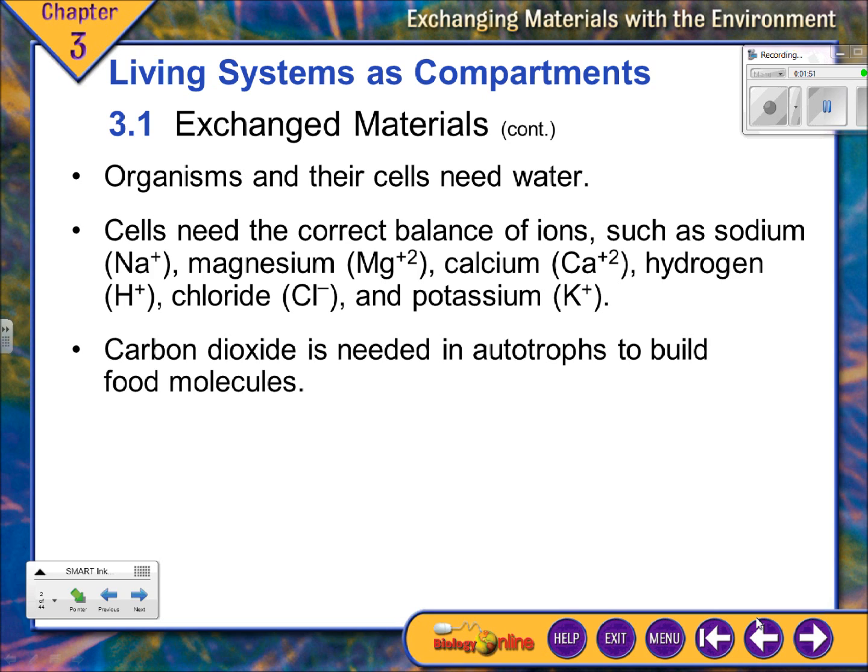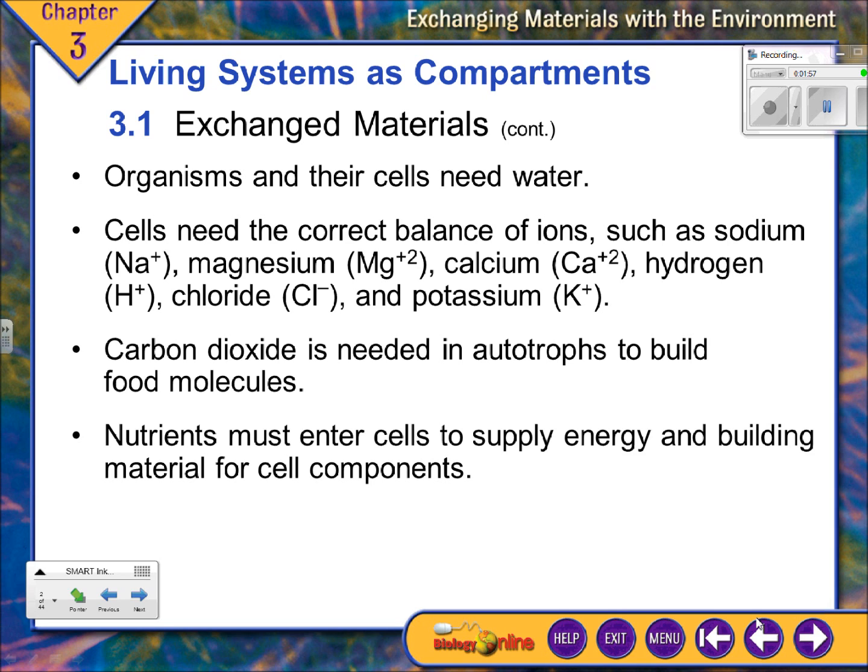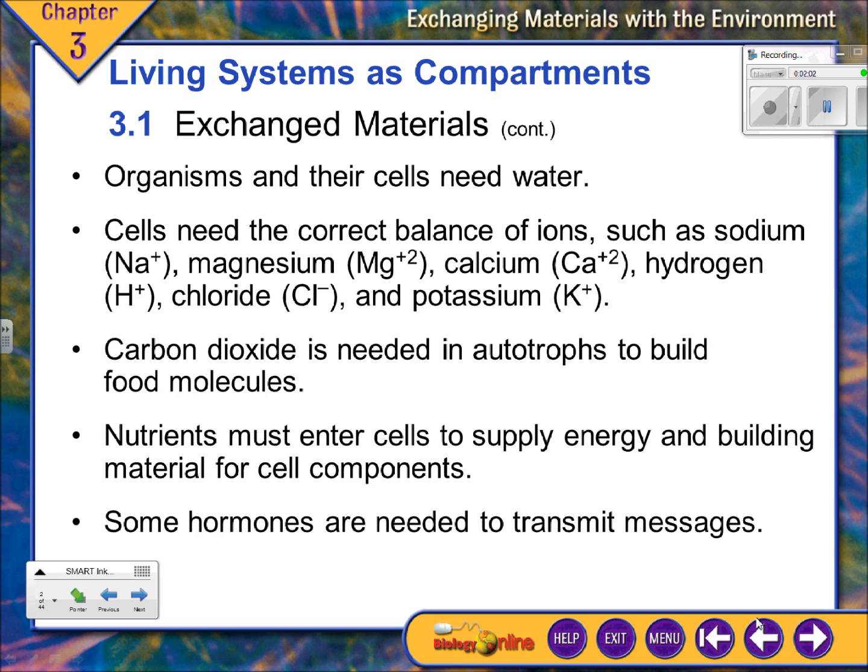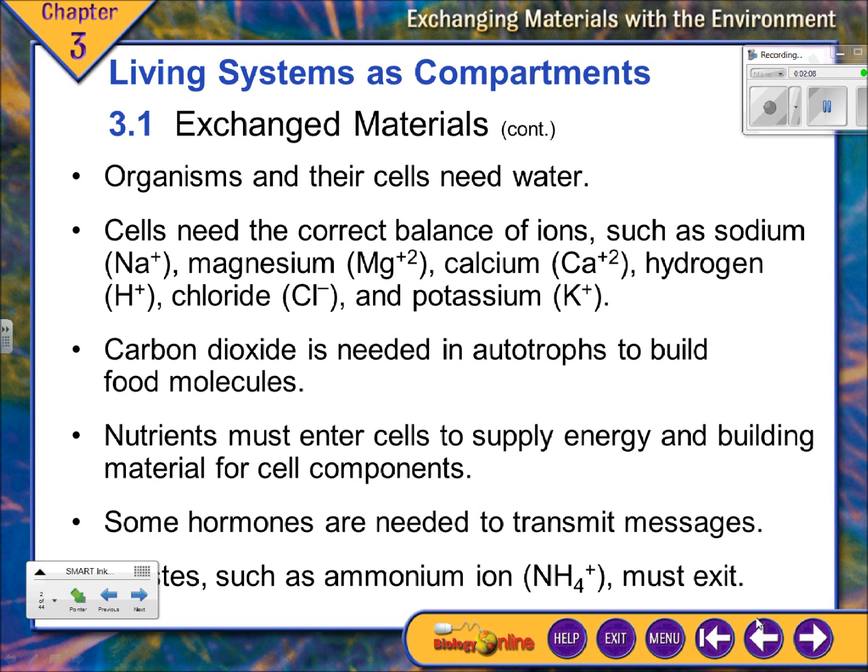They make their sugars, and then they break down their sugars like we break down our sugars from our food. And then just overall nutrients, supply energy, building materials, some specialized molecules like hormones, and then we have our waste products such as ammonia,